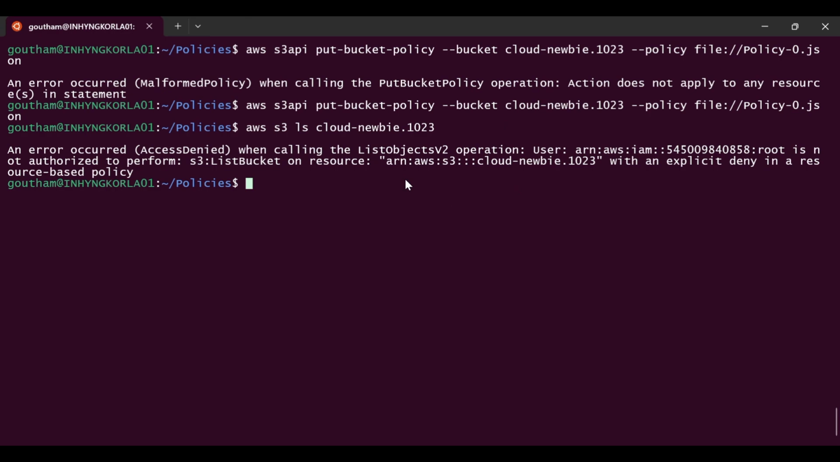I ran this command as a root user. This is what we are expecting, right? Now let's try running the same command as a KGF user. AWS S3 Cloud Newbie 1023 dash profile KGF. When I hit enter,